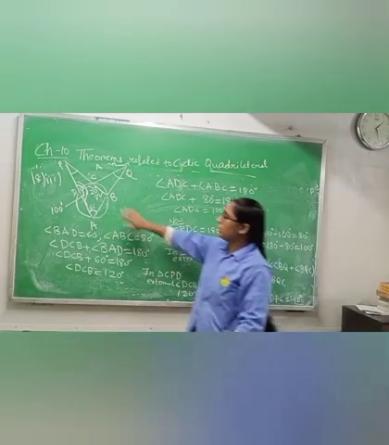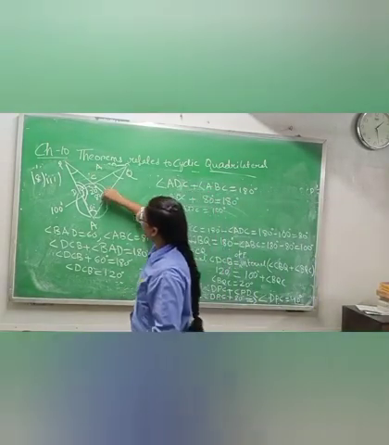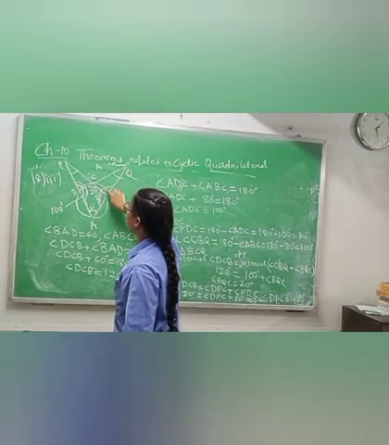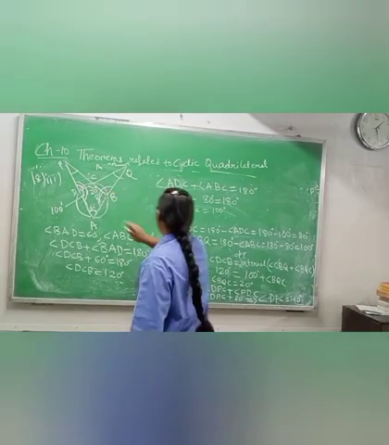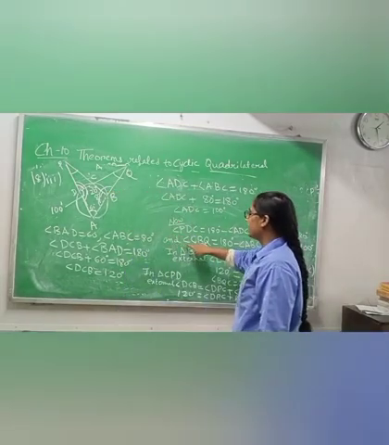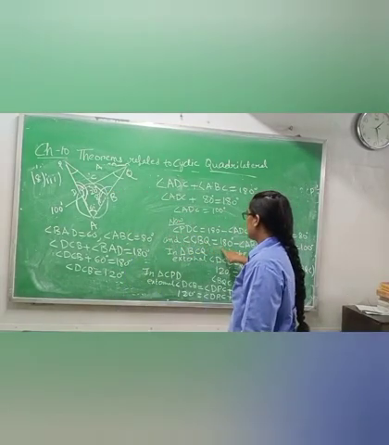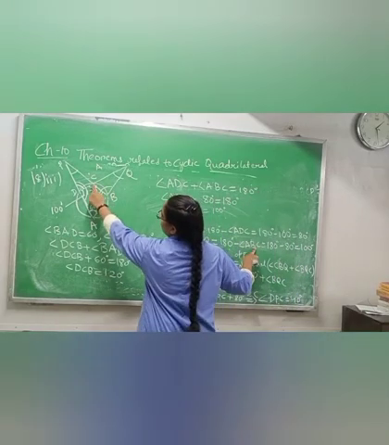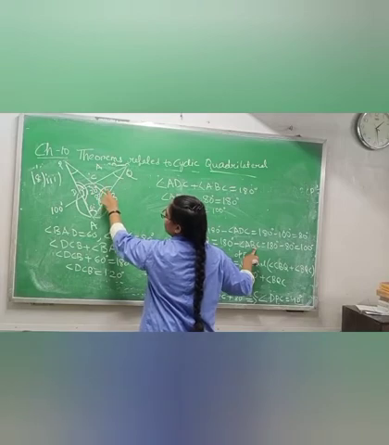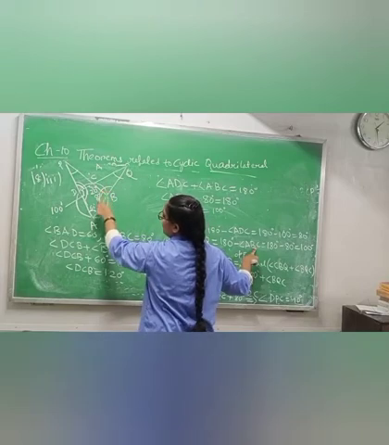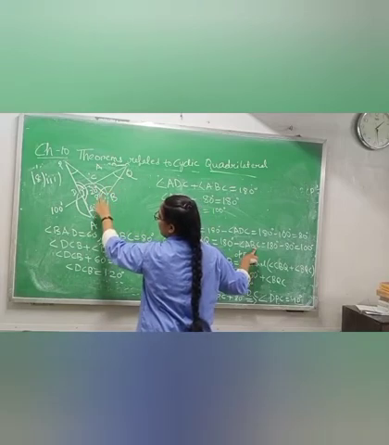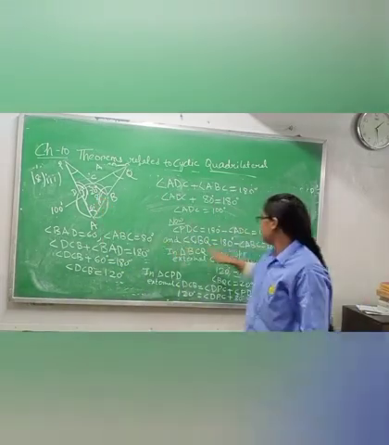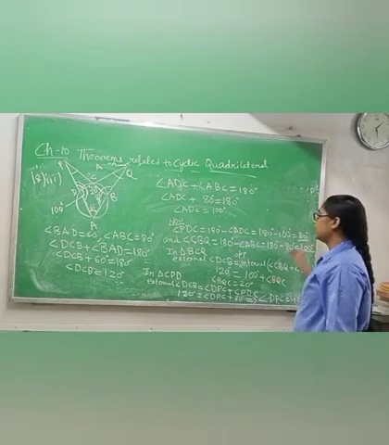Same thing I will do on this side also. This full angle is 180 degrees. This one is 80 degrees, so of course this one will be 100 degrees. That is why I have written angle CBQ equals 180 degrees minus ABC. So CBQ, I am finding this angle. Total is 180 degrees, so 180 degrees subtracted by 80 degrees, as the ABC value is 80 degrees. So I am getting 100 degrees and 80 degrees.